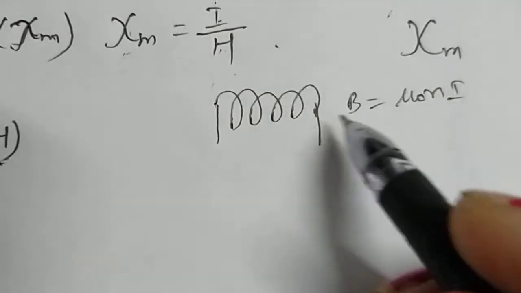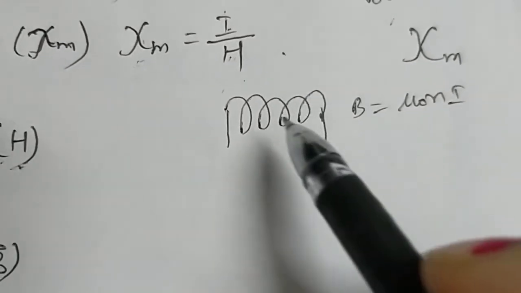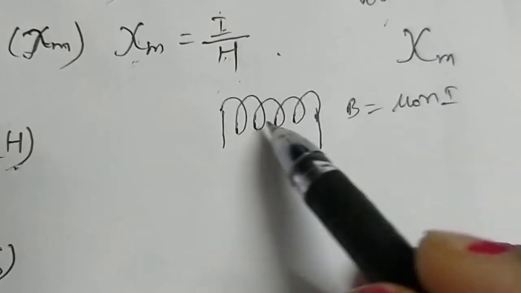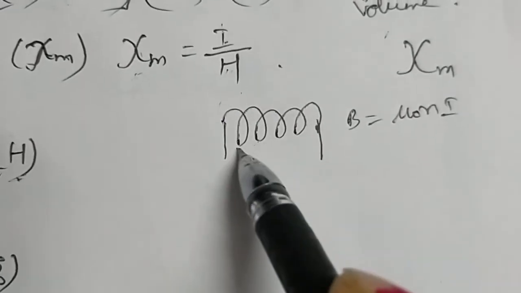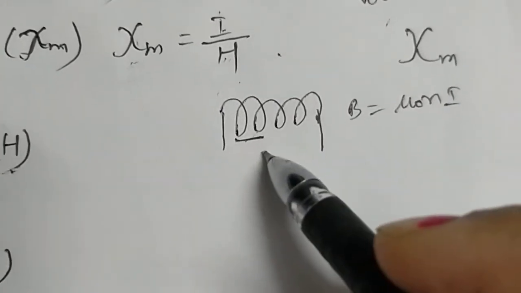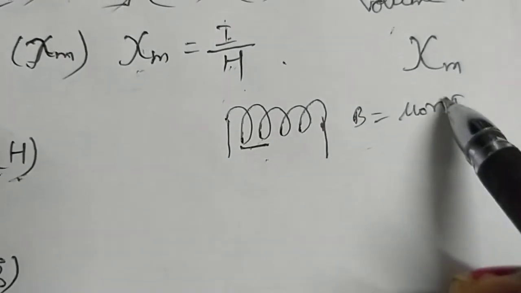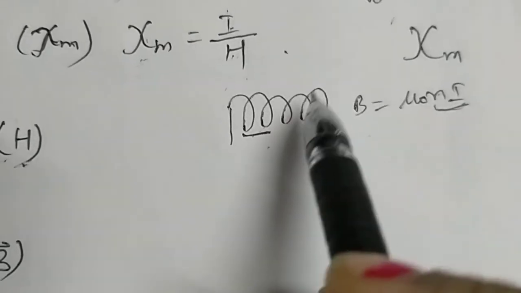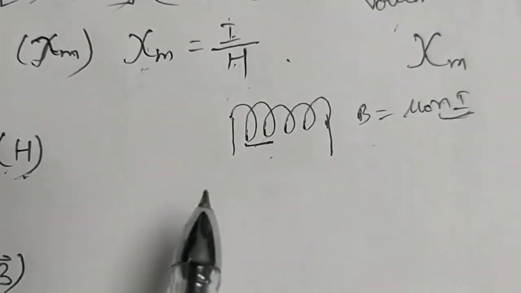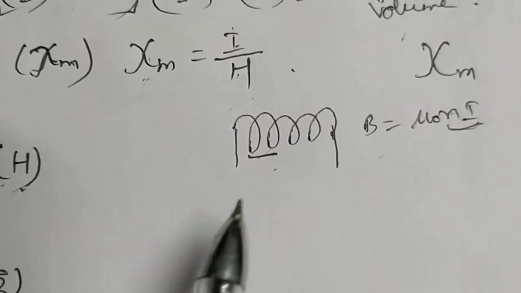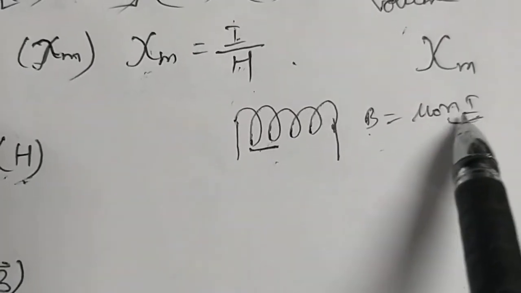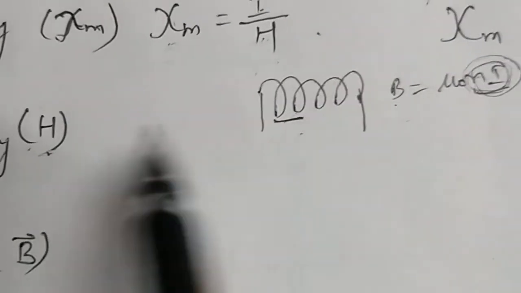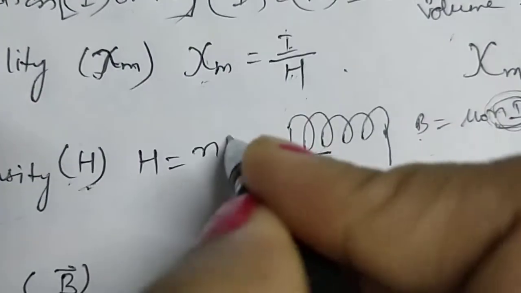Okay, according to the definition, it is the number of ampere turns, current carrying turns, flowing round unit length, across the unit length. So the number of turns in unit length is this n, and I is the current. The number of ampere turns flowing around unit length of toroid or solenoid to produce magnetic induction B. To produce B, how many turns per unit length of current is passing? So Ni, this is the formula for H. Okay, H is equal to Ni.